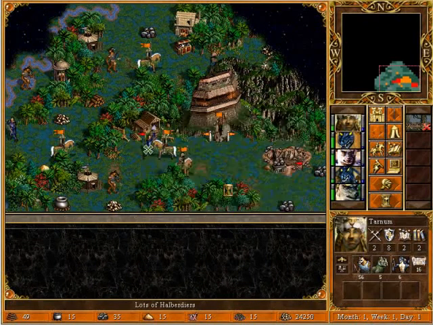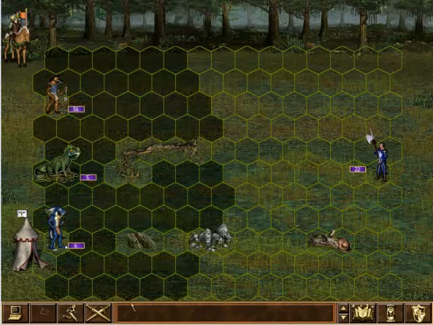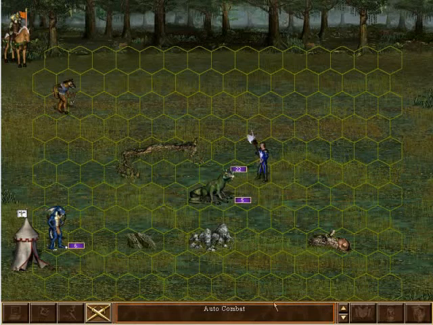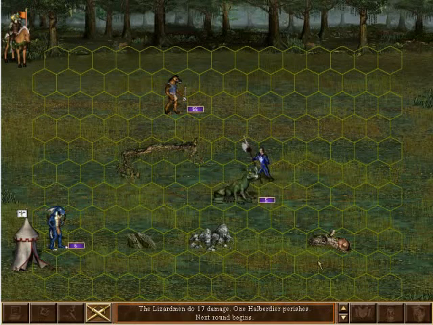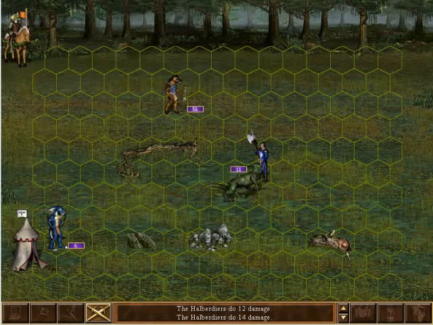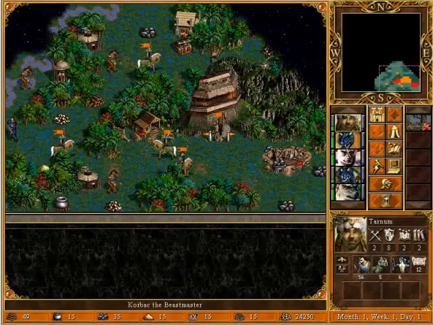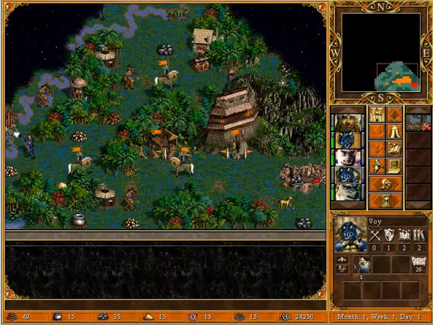Yeah, basically same message. And it may not be a terribly good idea to do auto combat, but this early on, weak forces, that's probably not going to do too much harm. There. Okay, now. Boy. They're actually pretty close to the...